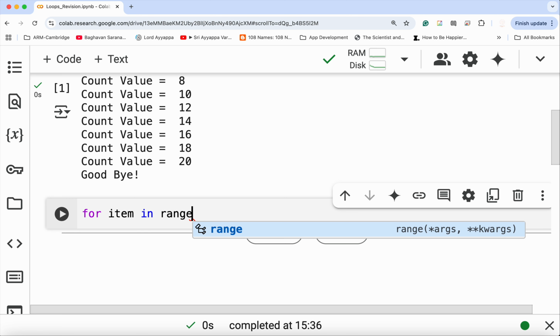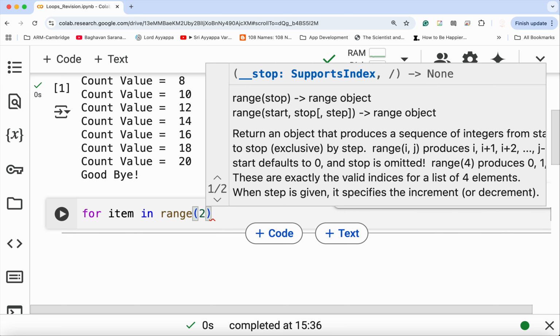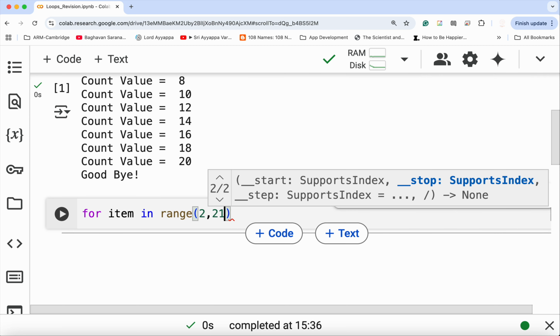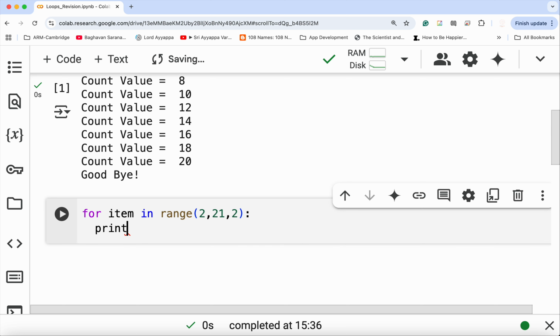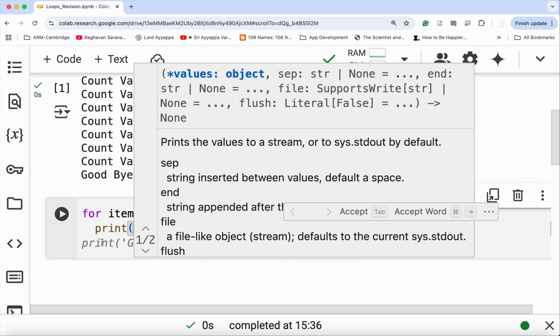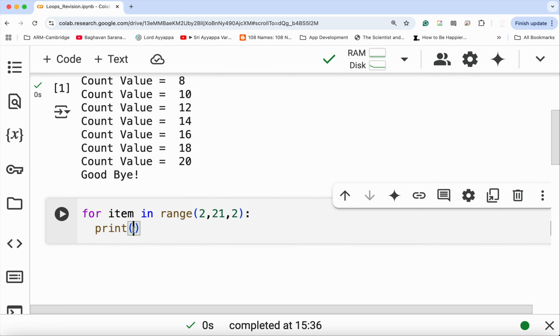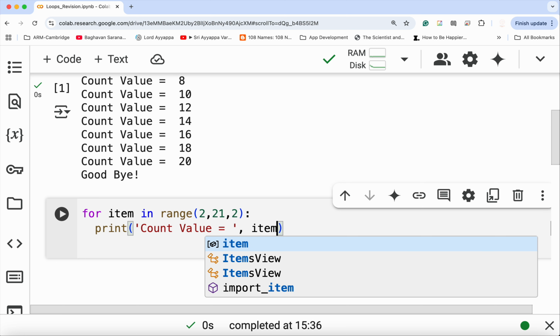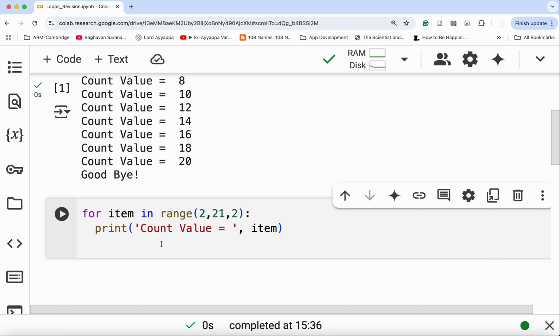in range. Since I want to start from 2 and go until 20, the end value is 21 and I increment by 2. Then I say print, count value equals count, which is item. I'm using the variable item here, and once I'm done with everything, I say print